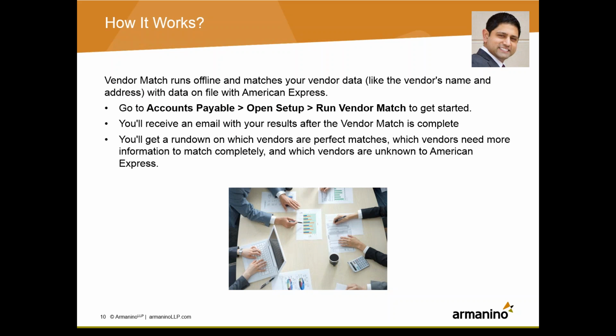So we talked through this a little bit, but I thought I'd give you a few instructions. If you do have American Express corporate card payment services, part of it is really similar to the check delivery in that the vendor match will actually run offline. You'll go to AP, open setup if you've got those rights, and then actually go in and run the vendor match. And once it's complete, you'll get an email. Once that email is received, then you'll be able to download that report through that previous screen that I showed you.